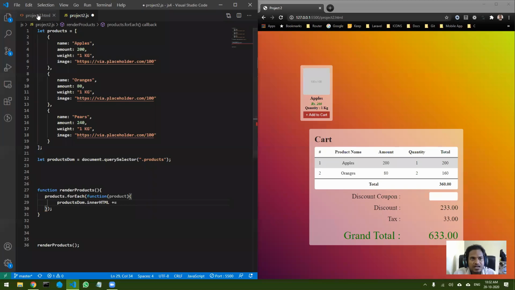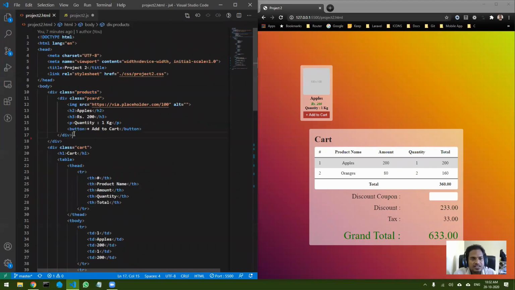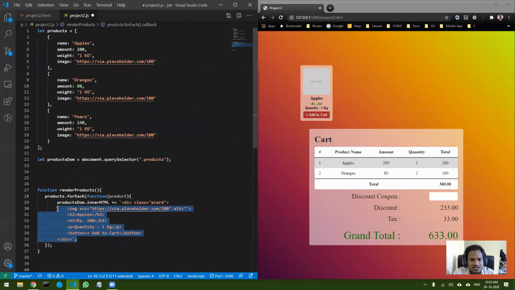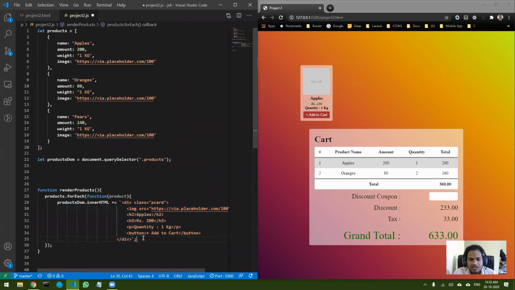Okay. So now the P card has this particular structure. I will copy that and come over here, and I can now paste it in double quotes or using backticks, template literals. I like backticks, so I will use that and paste it. And now I will just arrange it a little. Okay. So now I have this perfectly.